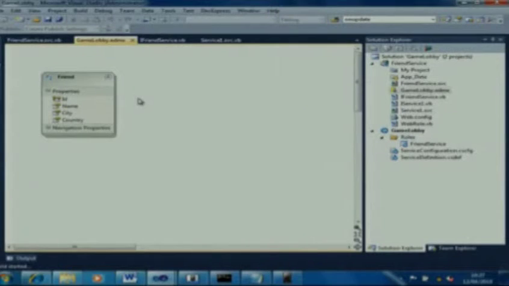If I just do a Control F5 and launch that thing. Now what this is going to do is it's actually going to go ahead and launch locally, because I'm doing testing for production purposes on my machine. It's going to launch the app fabric and the dev fabric, which is my local kind of service that simulates Azure itself. And boom, I launched the service itself, and as you can see, this looks like a normal service